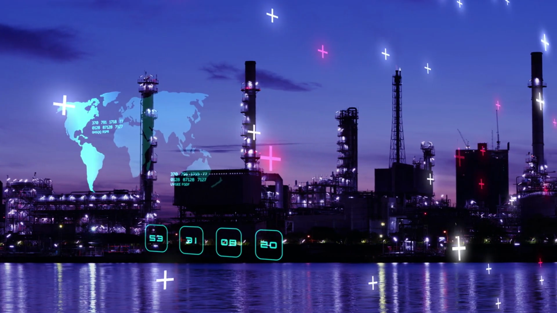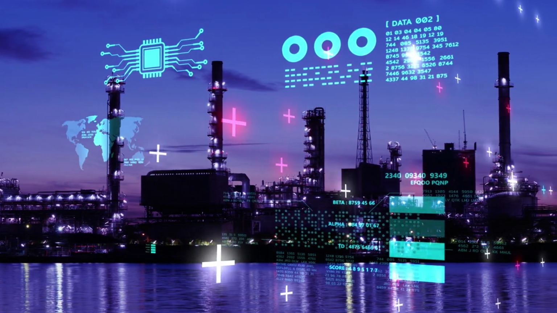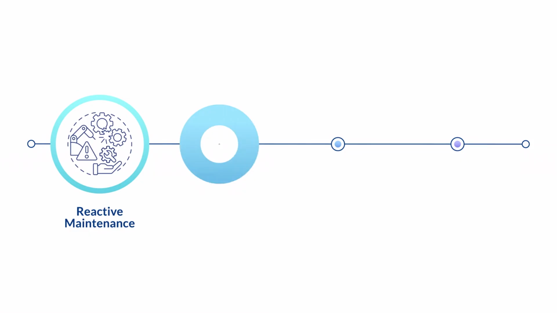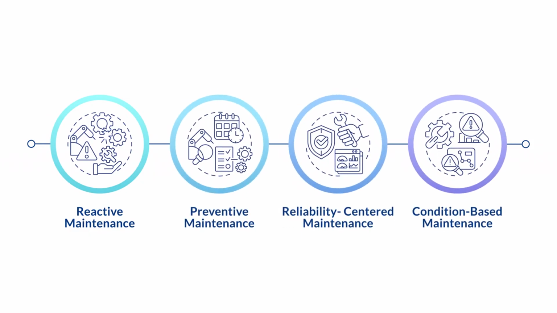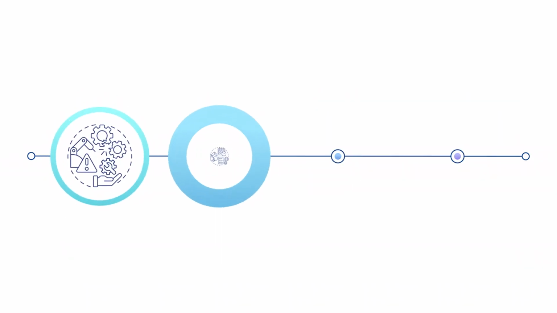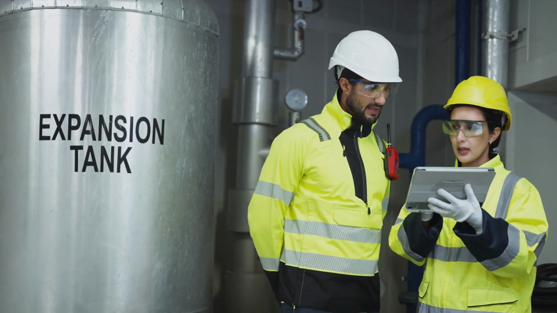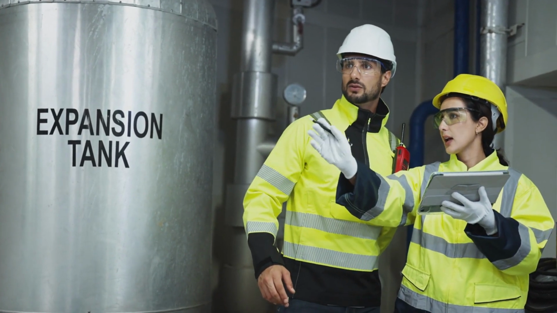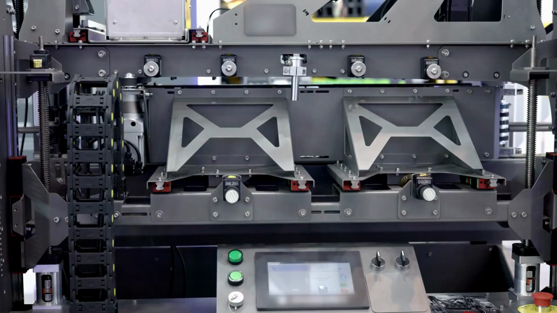Modern gas power plants are increasingly integrated with digital technologies and artificial intelligence. Predictive maintenance systems analyze operating data continuously to detect unusual vibration patterns, temperature changes, or efficiency losses before failures occur. Instead of waiting for equipment to break down, operators can schedule maintenance proactively, reducing downtime and improving overall reliability. This combination of advanced materials, precision engineering, automation, and digital monitoring is what allows modern gas turbines to operate safely